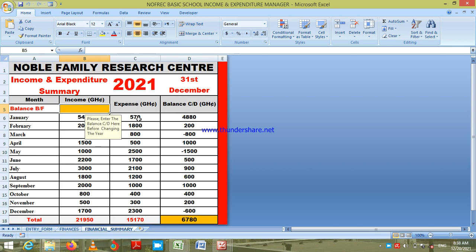We have entered some values. We are assuming that this is what transpired in the whole year. In January, we had a total of 5,450 cedis as income, and we spent 570 cedis and had our balance. In February, we had this and we had that, through up to the last one, and we have total income to the school